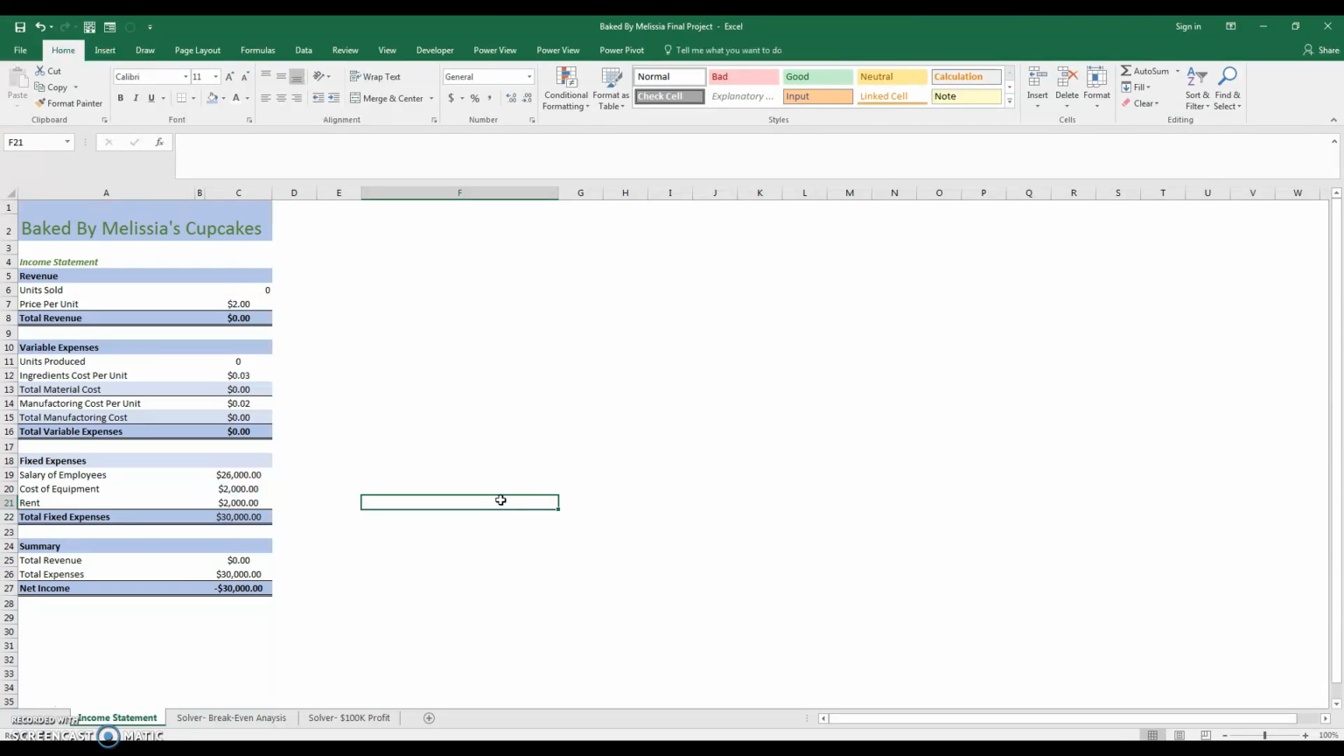So, in this project, I decided to look at Baked by Melissa's cupcakes, and their income statement in order to try to figure out how we can make a profit and where all our money goes for Baked by Melissa's cupcakes. Some background information about me is I used to be a cashier for Baked by Melissa's,